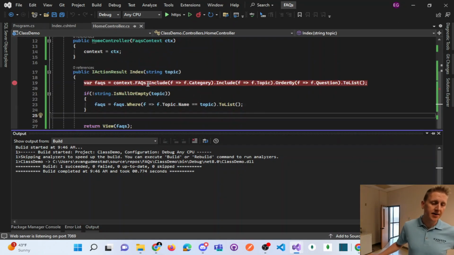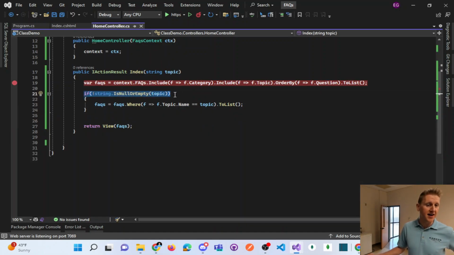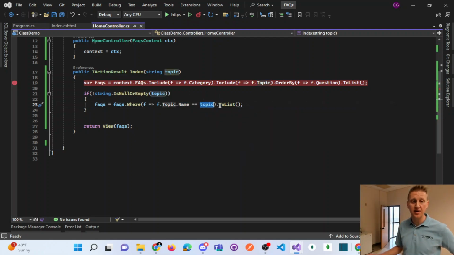So again, pretty simple filter. If you stop and think, basically if they provide a topic, then we add this line of code where we filter our facts, where the topic name equals the topic that's passed in from the URL, put it into a list,